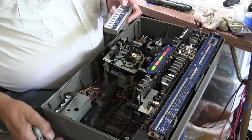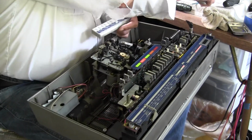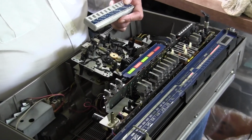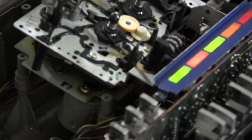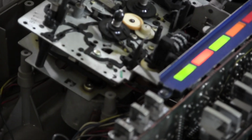Hit stop, wait, you can't see me anymore. I'm too close on that camera. Here, wait, let me zoom in on this camera here as well. Zoom, zoom, zoom. So, well, I guess I have to zoom out of that one. Okay, well,